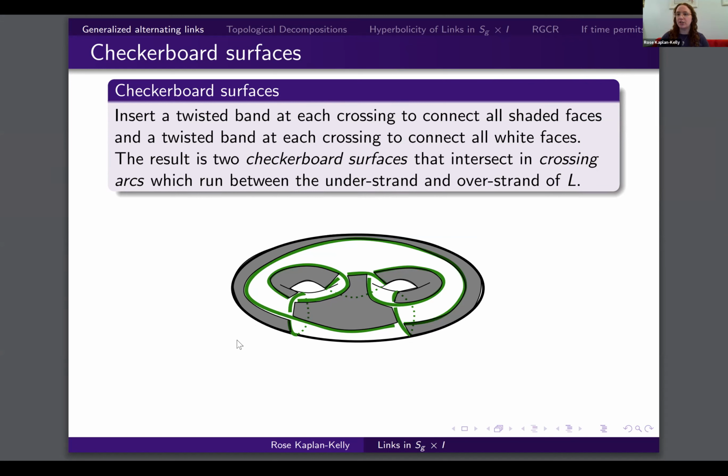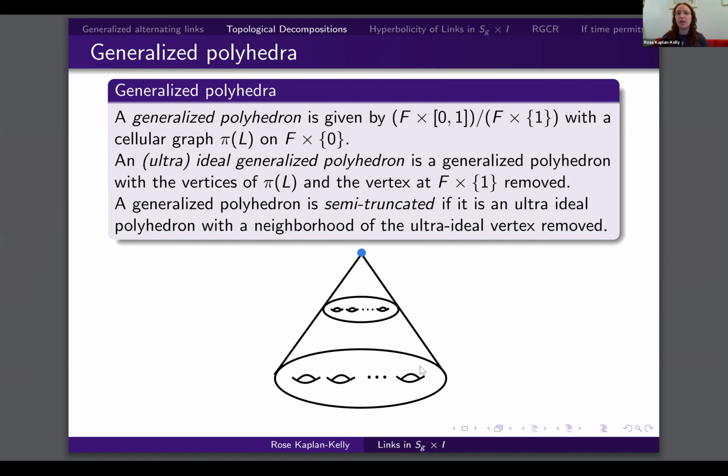In order to find decompositions of the complements of these links, we need this notion of a generalized polyhedron. So you might have seen decompositions before into polyhedra. Now we need to generalize that notion. A generalized polyhedron will be homeomorphic to a cone on the torus, with the cellular graph on this F cross 0. So here in this picture, we have a cellular graph, and you see the cone on this